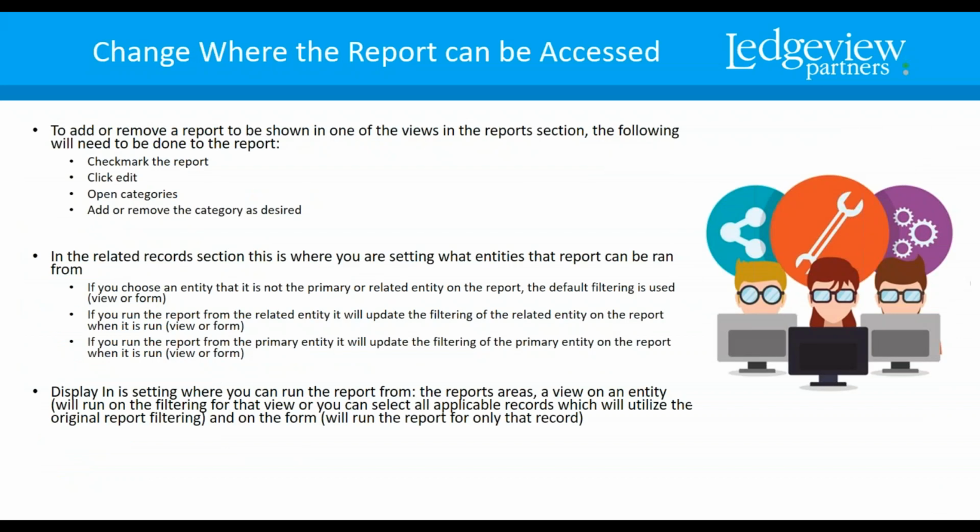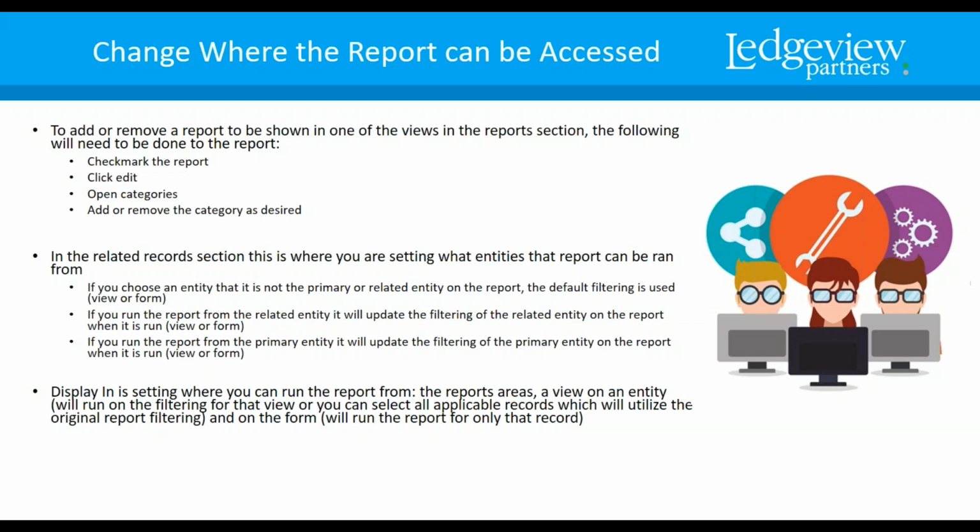Changing where the report can be accessed. So the next pieces I'm going to show you are pieces that are not paid attention to too much in a report wizard, but it can have a pretty big effect. The views section within a report is not like a standard view. On each report, you're setting the areas in which it will show. So I'll show you how you can set the different areas or view sections that the report will be displayed in. Also, the related record section is where you're setting what entities that report can be